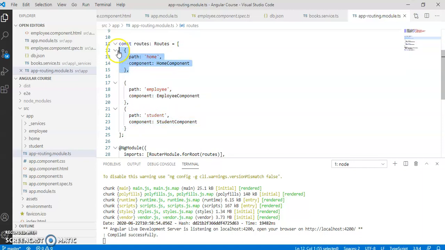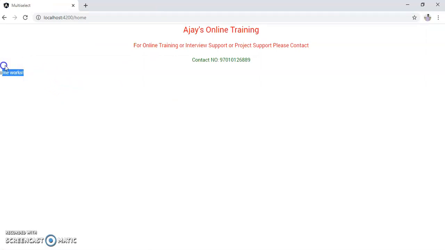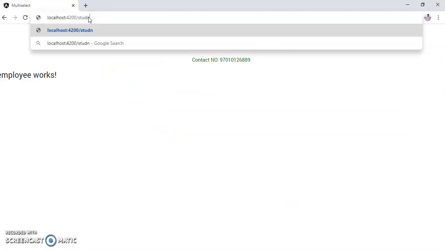One is the path home: whenever the URL is /home, it will redirect to the home component. Whenever I click on employee, it will redirect to the employee component. Whenever I click on student, it will redirect to the student component.